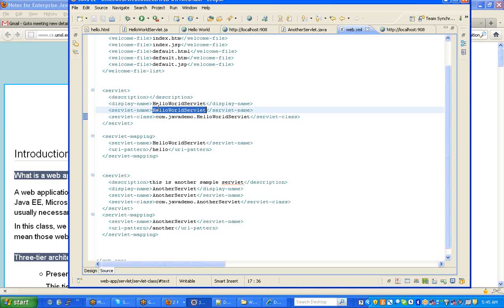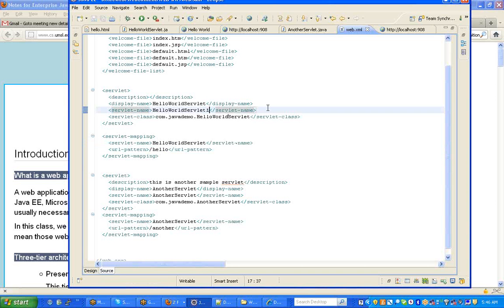I am giving some name to it so that I can refer to it in the servlet mapping. I am saying hello world servlet. This is also generated by Eclipse, but you can manually write it as well. Okay, so I'm giving some name called hello world servlet here, so that means I have a servlet class and I'm giving a name to the servlet, right? And how do I map to the user friendly URL pattern? So I say servlet mapping and I say servlet name. I give the servlet name that I declared here, and I say URL pattern. If you miss anything,